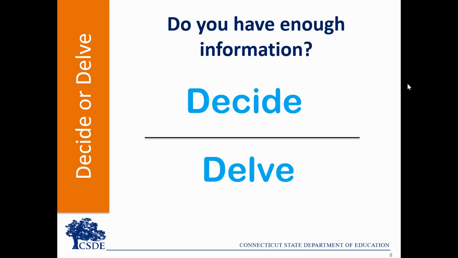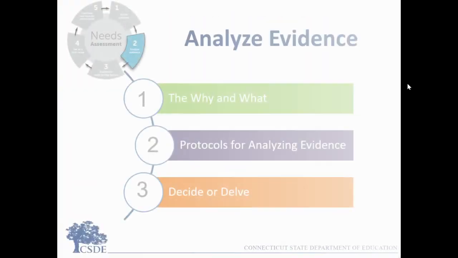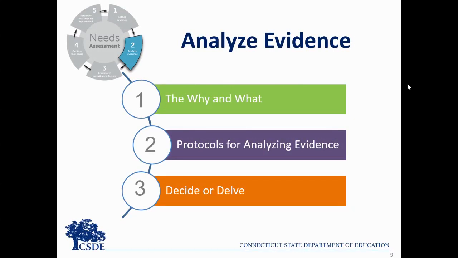Remember, gathering and analyzing data and evidence is cyclical. It's an ongoing activity to inform the cycle of continuous improvement. In this video, we looked more closely at Step 2, Analyzing Evidence. This step is critical in understanding the needs of a school or a district. This is the step that turns evidence and data into information through questioning and examining the data. The analysis leads the team to identify priority challenges that can be addressed to make a positive impact on students and the community.